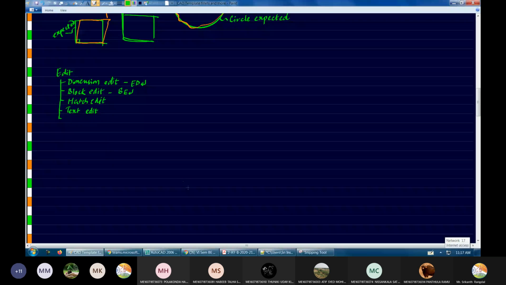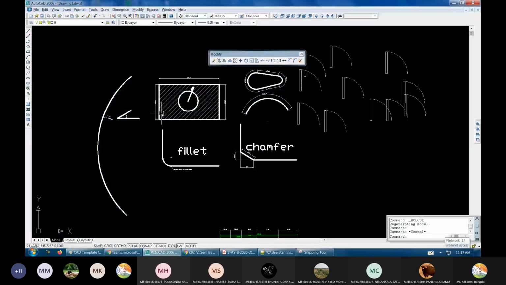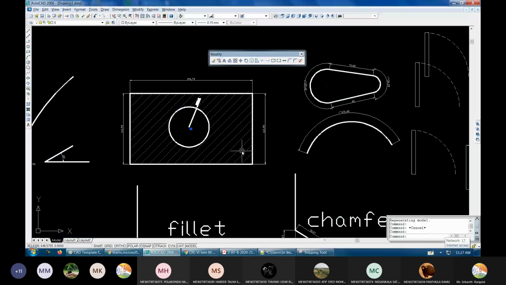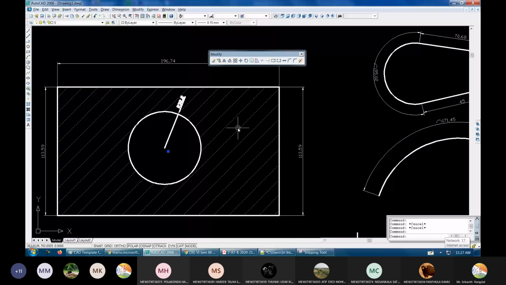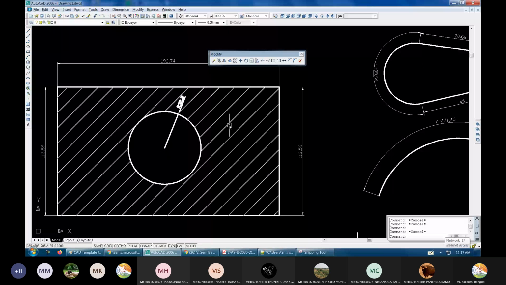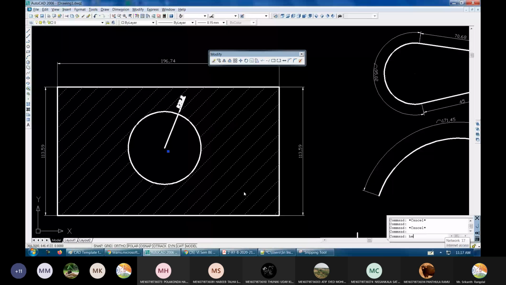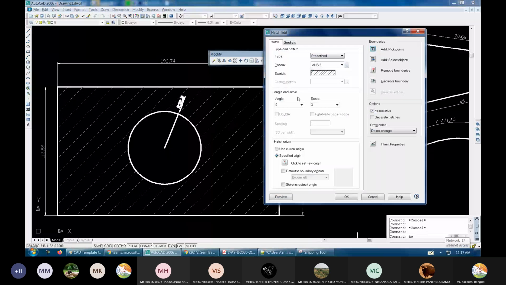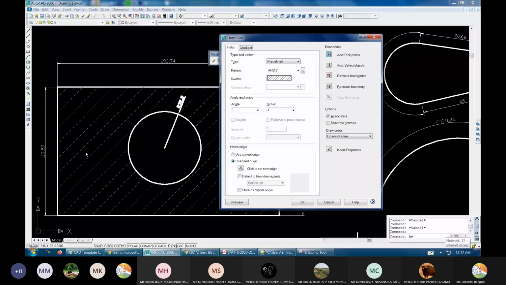Okay. Now coming to hatch edit. Fine. So we have done the hatch here. Now later on, suppose the boss again comes and says, "Why are you using this? The length is too much. Its length is too large. Reduce the length or increase the length." Fine. Then what do I have to do? I just have to select this. HE enter. That will take me to the same hatch command. I'm editing this hatch, so I can increase or decrease the scale.